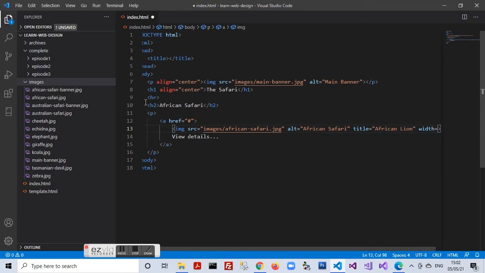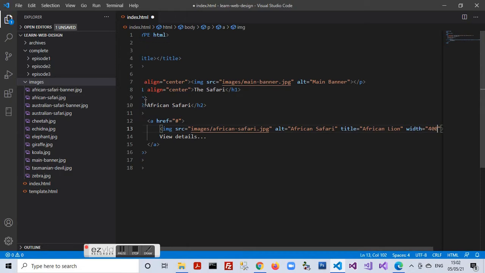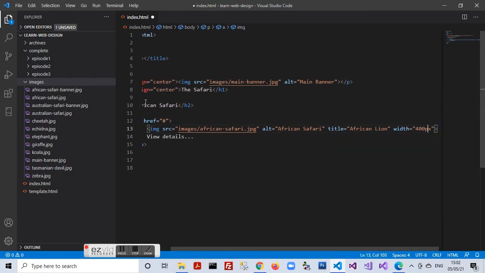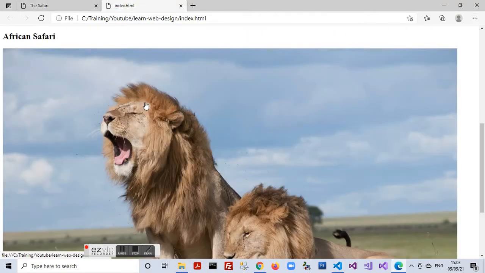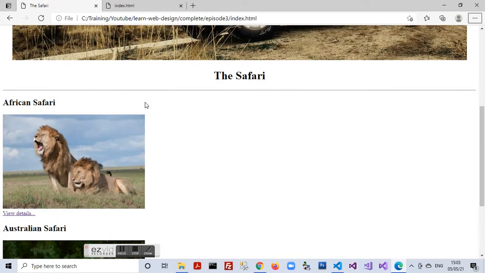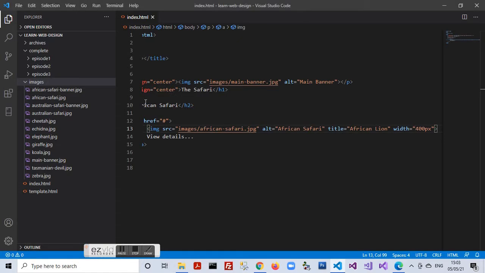So here I'll specify the width to be 400 pixels, and I did not specify the height attribute because the browser will proportionately change the size of the height accordingly as per the width given. This works the other way around also. I may specify only the height of an image and the browser will change the width in a proportionate manner.